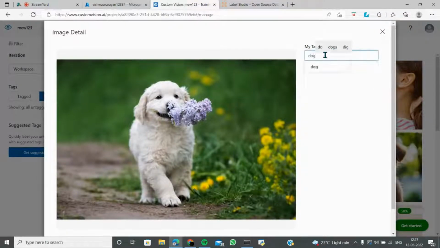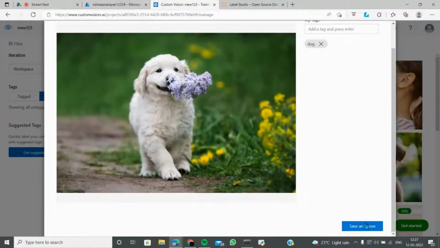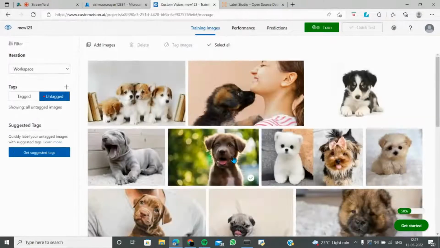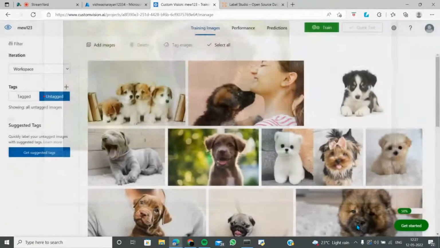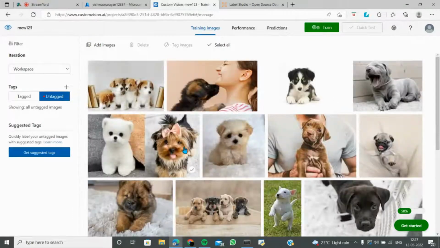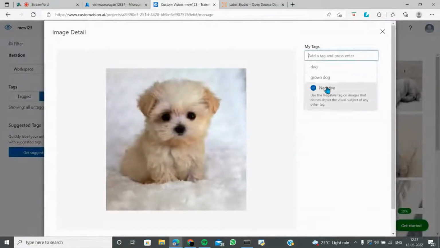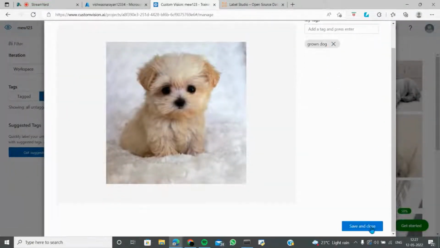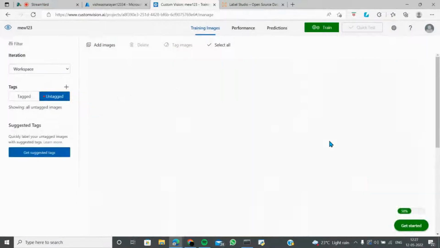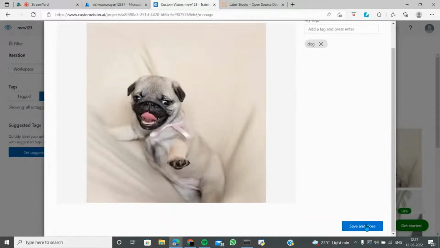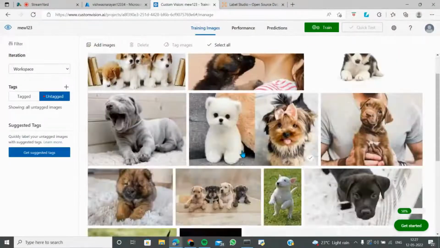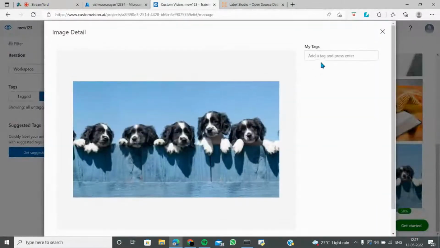So it's dog here. Brown dog, let's do it. Grown dog or something. Okay, fine. Perfect. So I'll say it's a grown dog. This is a pup, but it's a grown dog according to us. Let's just do that, a dog, because we don't have too much time here.